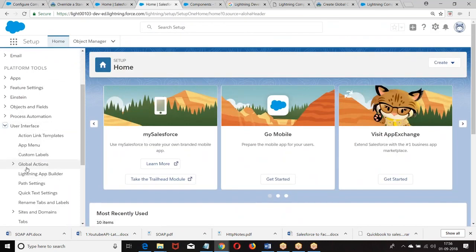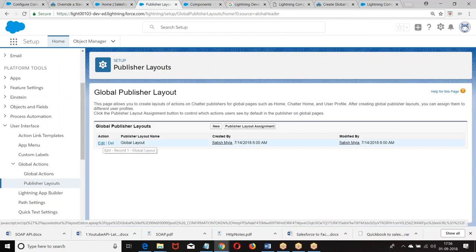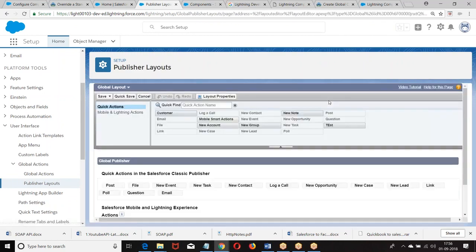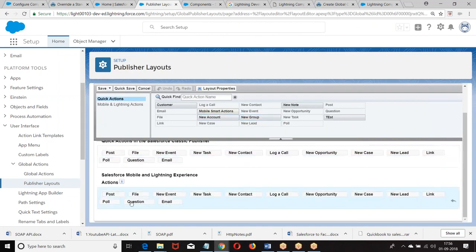User interface, global actions, publisher layouts. It was our action.